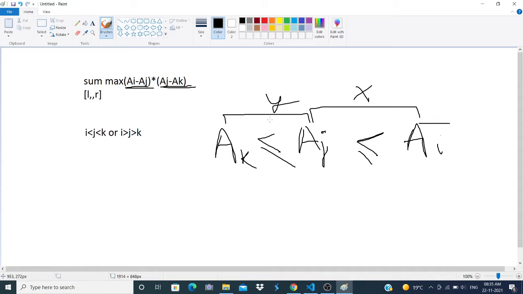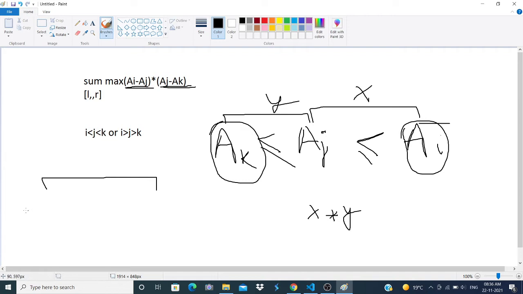So we want to maximize this x into y, and x plus y will be constant if we just fix our ak and ai. So this was the observation, that all we need to do is to just iterate over all the subarrays.